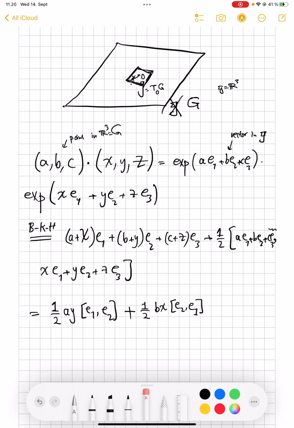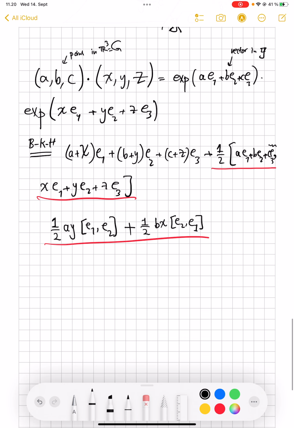This is just the bracket part, sorry. Let me see. This bracket equals this. So if I replace it in the formula, I get that a, b, c dot x, y, and z is,